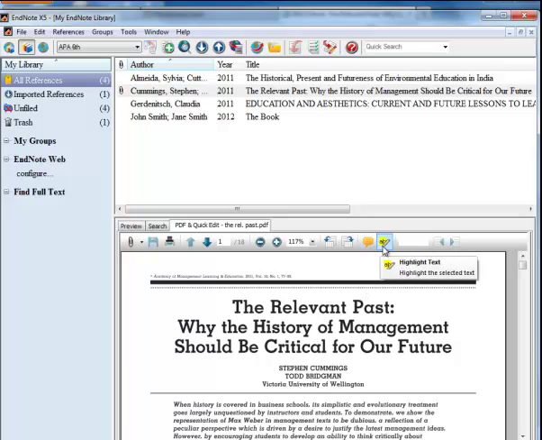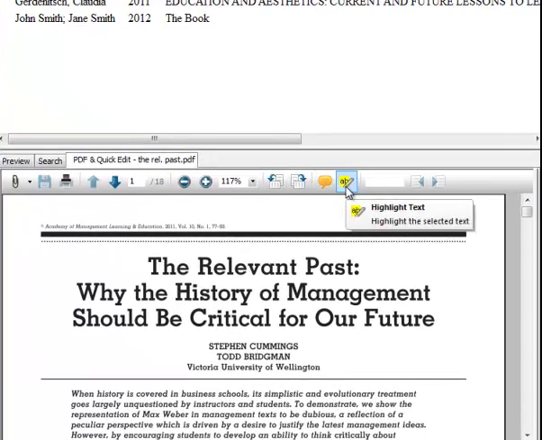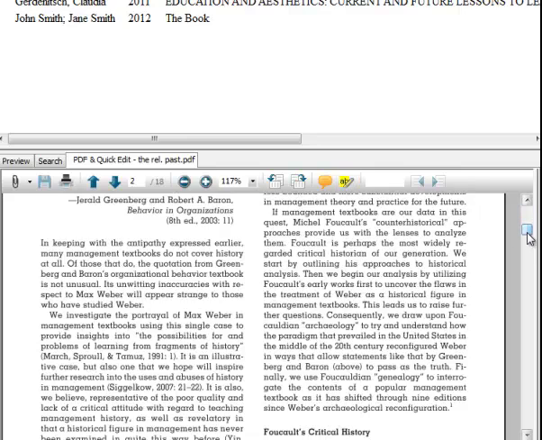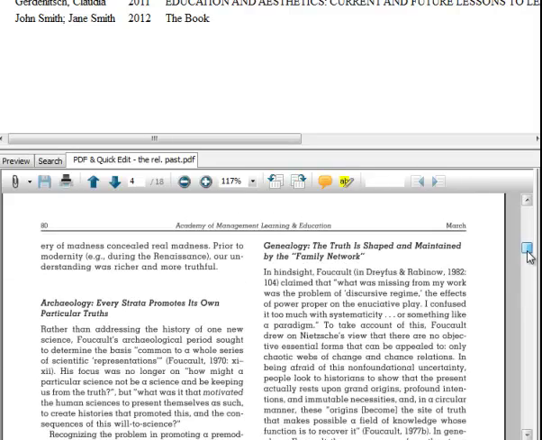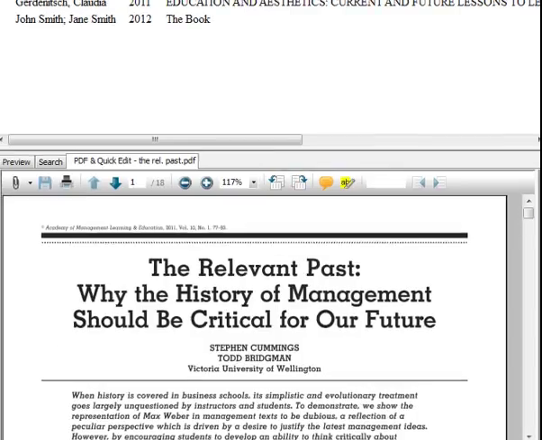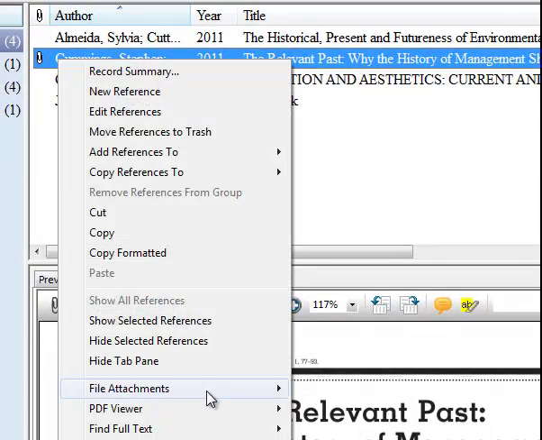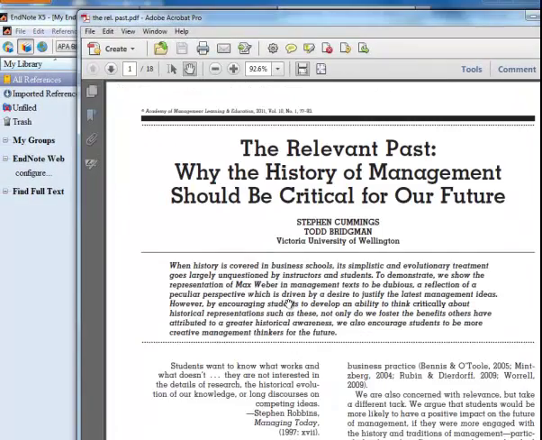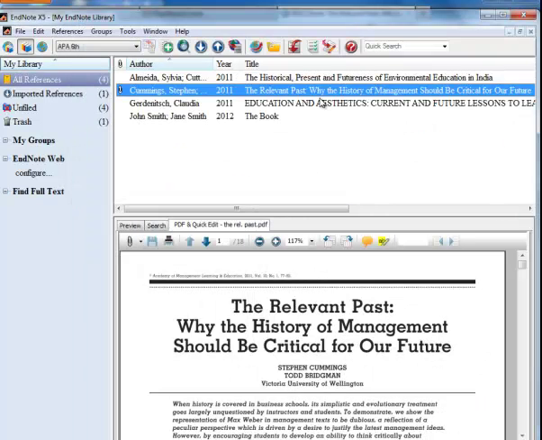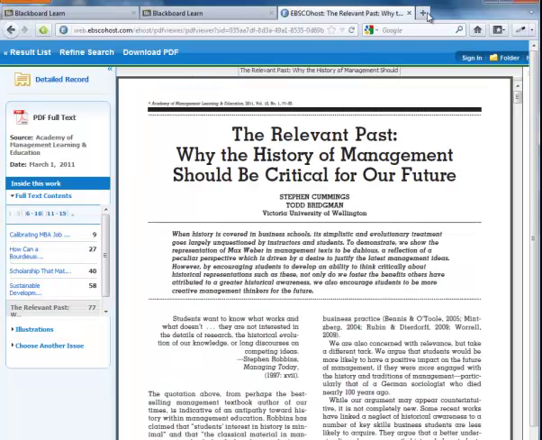And they have added recently in the last edition tools that allow you to write notes and highlight. So you can read this if you're an online reader and come through, put all your notes in, and then they'll save and they'll be there the next time you come in. You can also right click, open file. And then you have it locally. You can print it and do whatever you would like to do from here. All right, so that is the import function using EBSCOhost. You can also use Google Scholar,